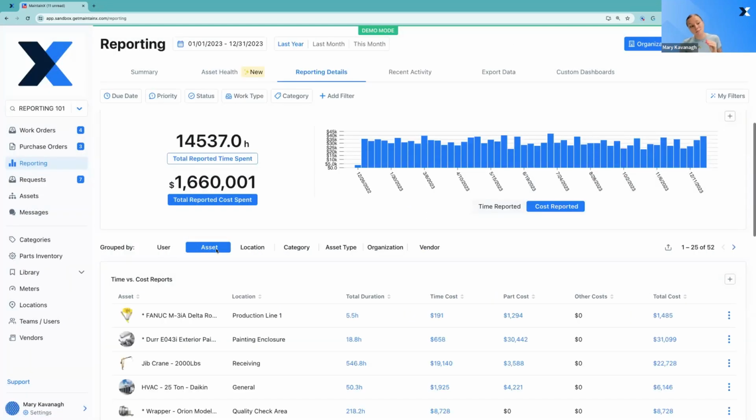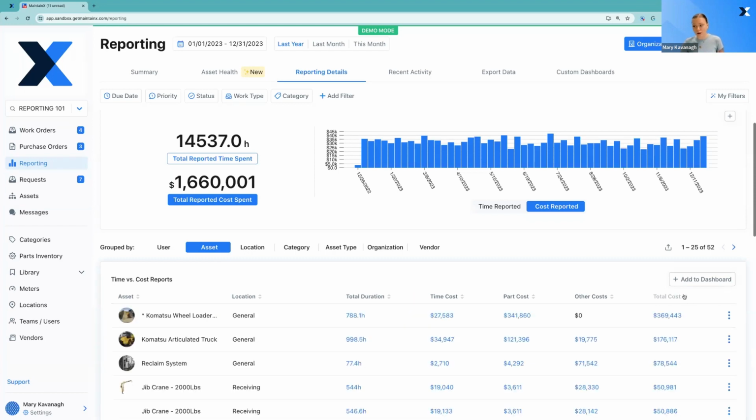Asset is my favorite. This, in my mind, is where you get the most value from this report. If we group time and cost by asset, and then we order by total cost, that's going to sum up the time cost, the part cost, and any other costs as well. What we can see in here is if we have any anomalies, if we have any assets that are costing us way too much money to maintain. For example, I'm looking at a wheel loader here. In the last year, that cost me